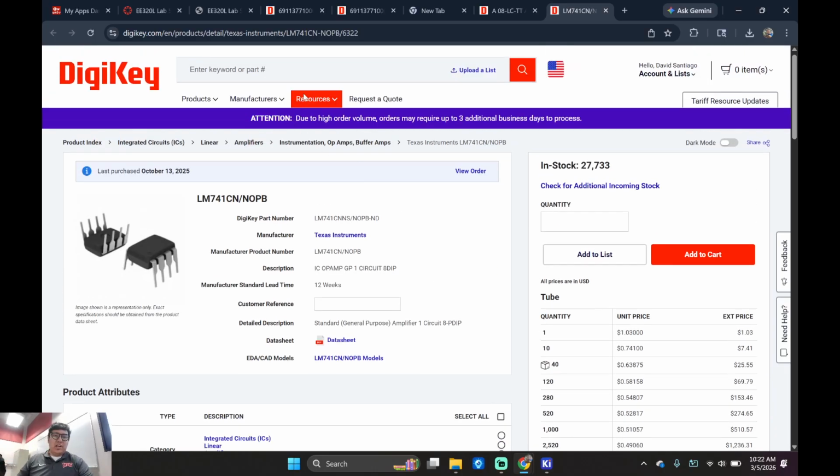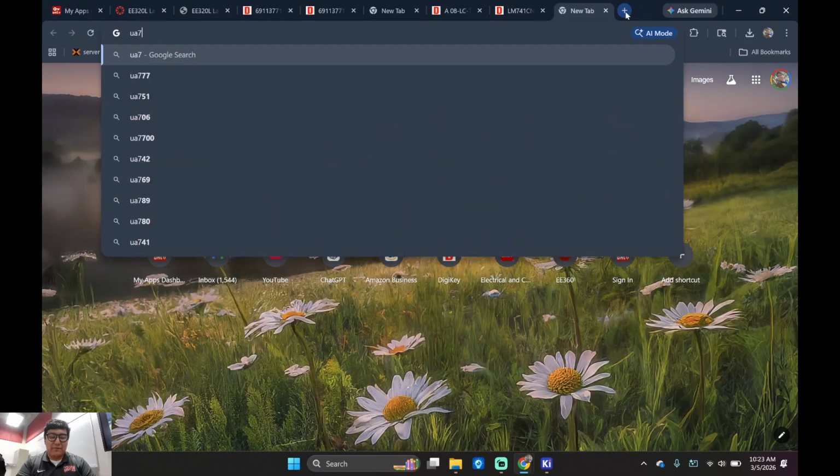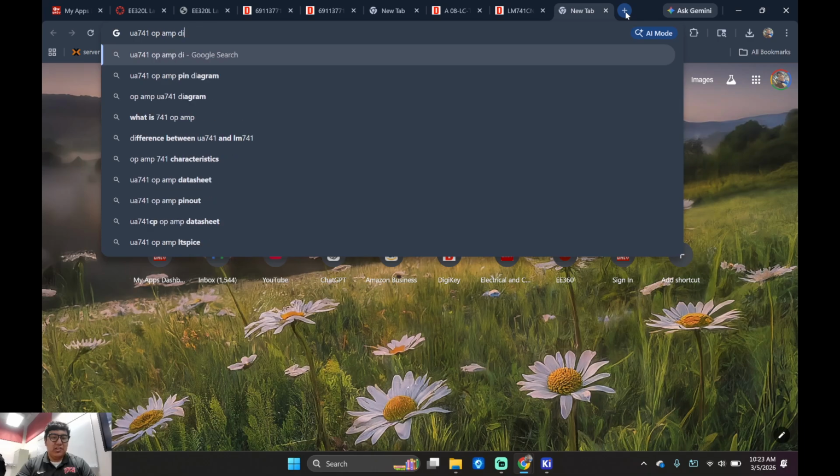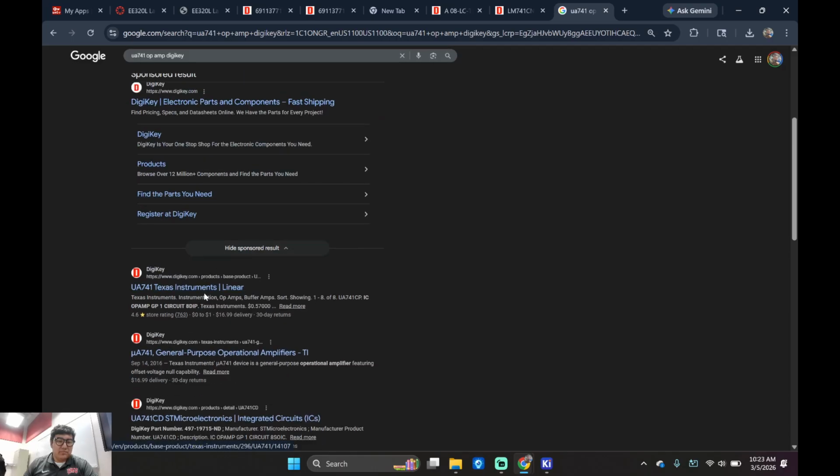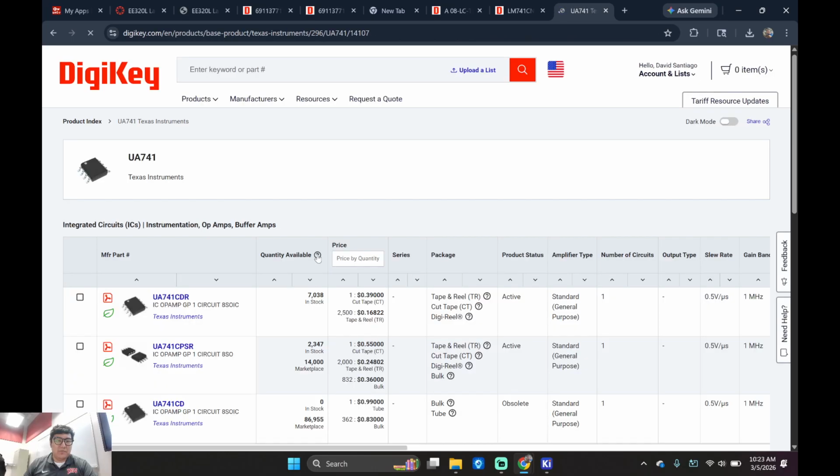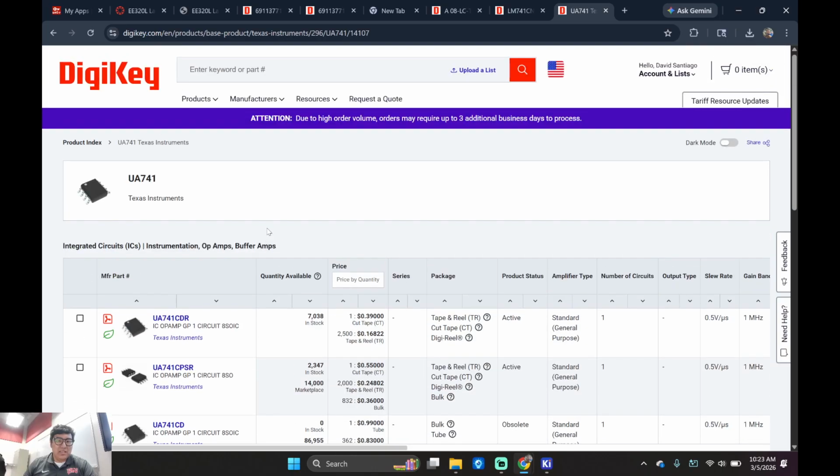Anyways, let me show you this other op amp, because this is another thing. We're building a universal op amp tester. Did you understand how I was doing the layouts, right? So you're going to punch in the chip. Funny enough, I tested this other one. It's called the UA741 op amp on DigiKey. Let's see if we can find it. There it is. UA741. You guys know this puppy?